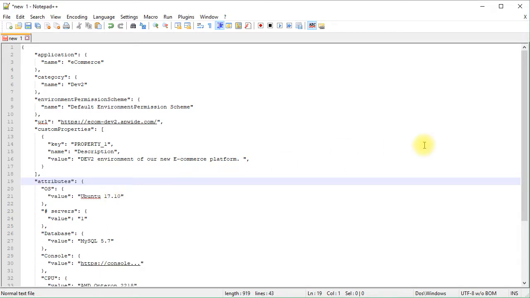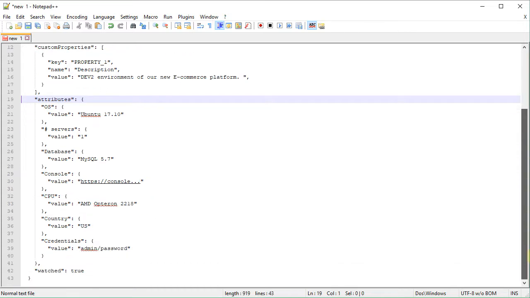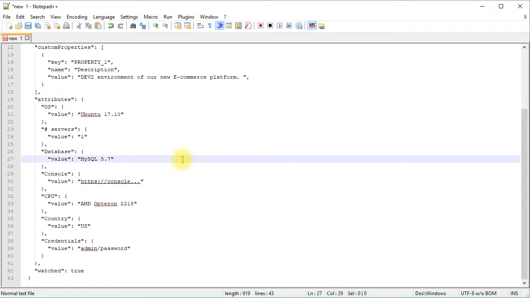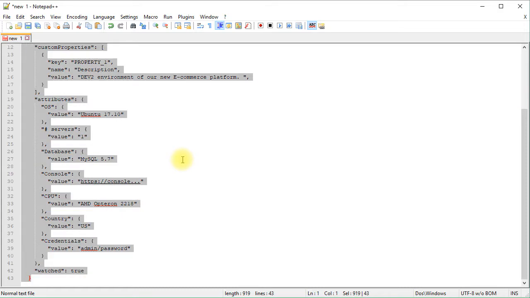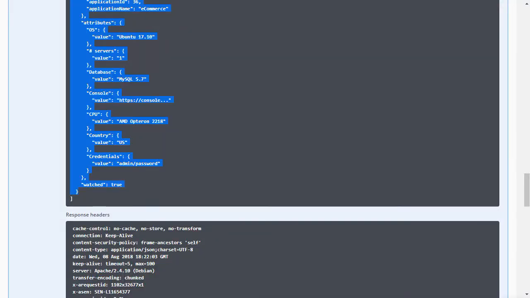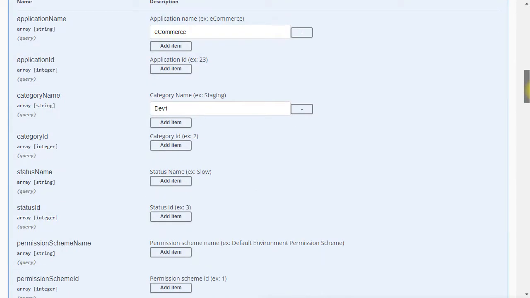And the attributes, here let's say that I want to keep the exact same set of attributes with the same values as what I have on dev1, but obviously you can update them if you need. So now I'm going to select all, make a copy paste. So I'm copying now, going back here. Okay,